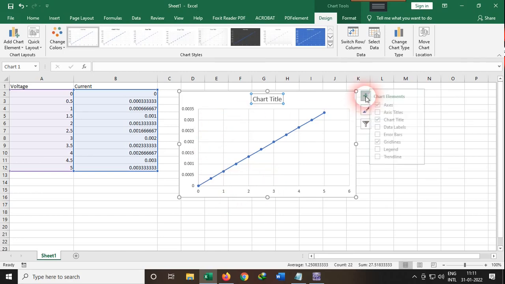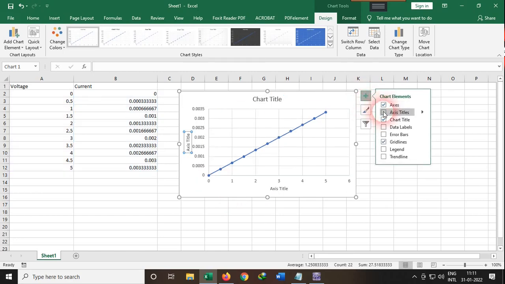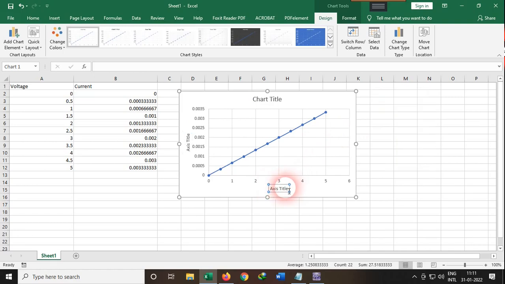Just click on this plus button, click on the axis title. On the x-axis you could write voltage, or input voltage, and on the y-axis just write current.